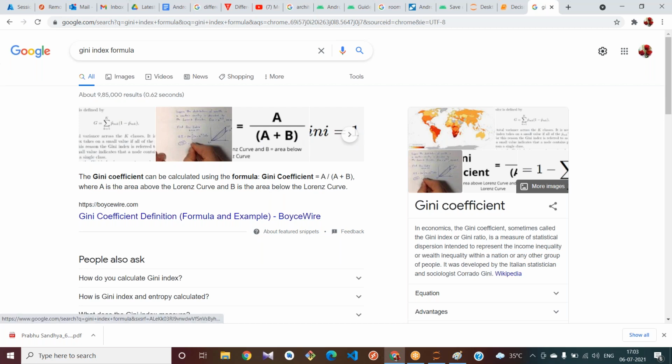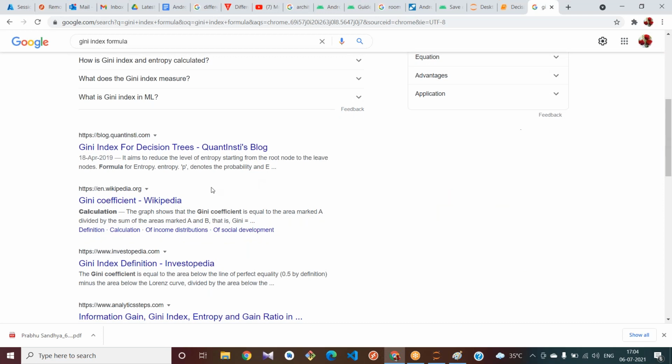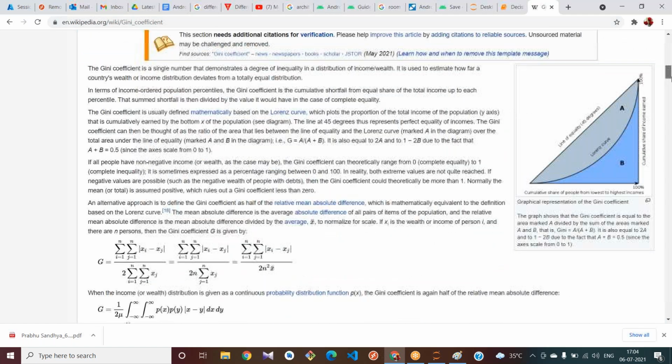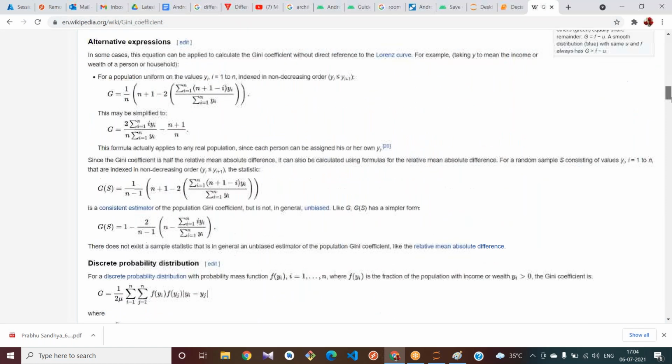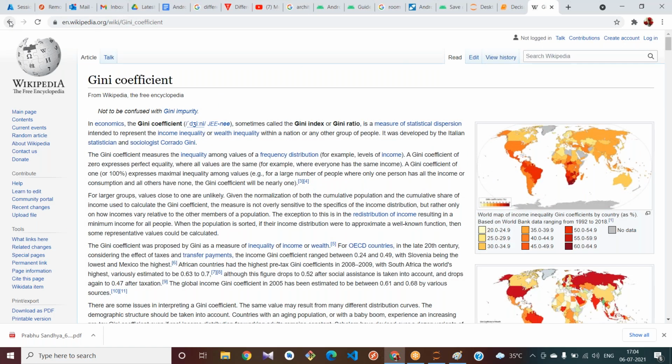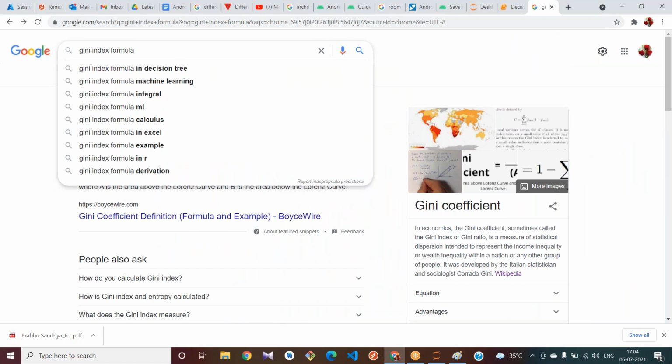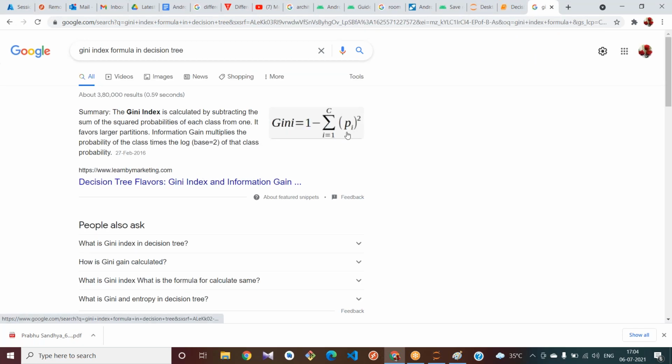I will give you one formula when I upload this Jupyter file to GitHub. Let us use Wikipedia for the Gini coefficient or Gini index. This is one math formula we use. Let me search with precise words: Gini formula for a decision tree. This is one formula we use: 1 minus summation 1 to C, p i whole square.